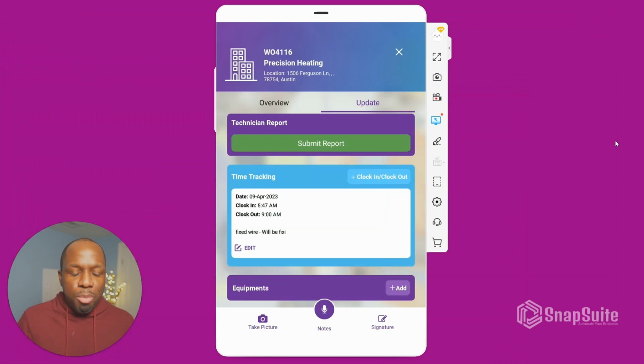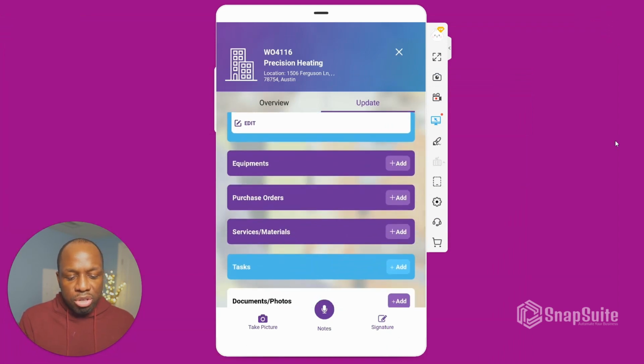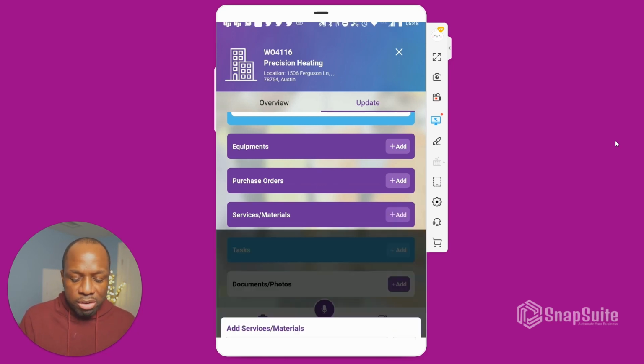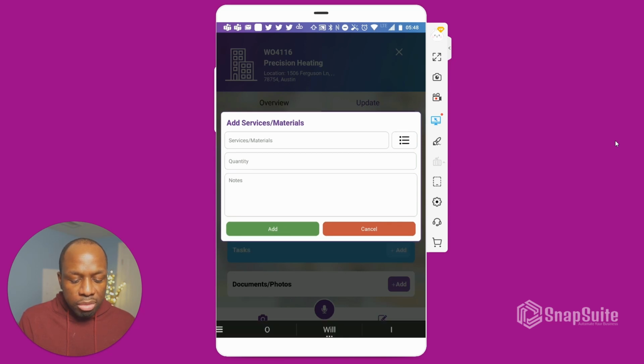Now coming back to the mobile, you can add services, equipment. I'm not going to go through all this, I'm just showing you. The one that I will do is a service material. So this is, I went out to the job, I did some very specific work, so fix wire in this case, right? And then I could choose another task, so I could say installed electrical, right, or whatever. I can put in the quantity of whatever the items are, and then I can put some internal notes,